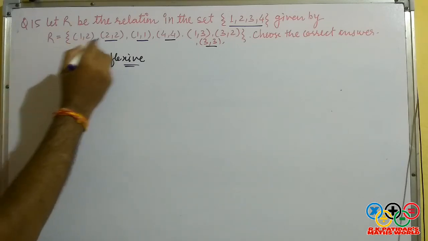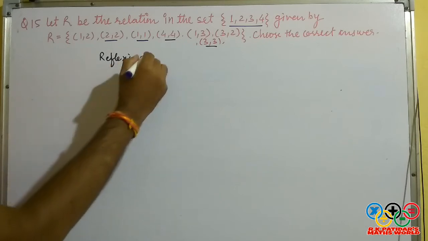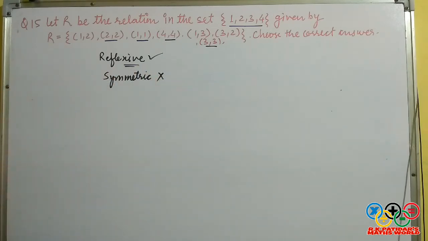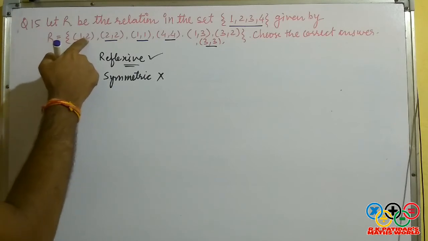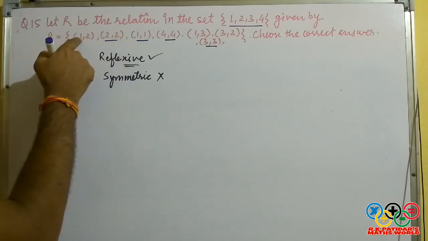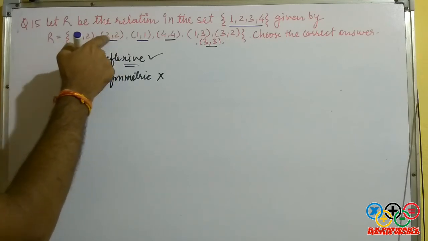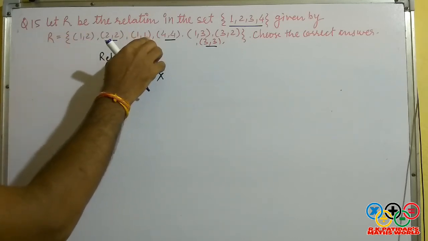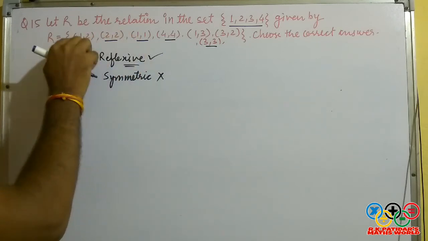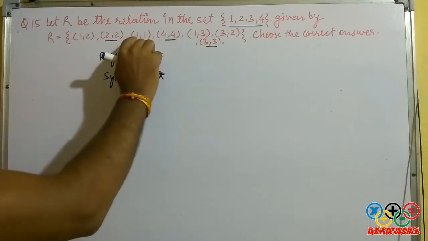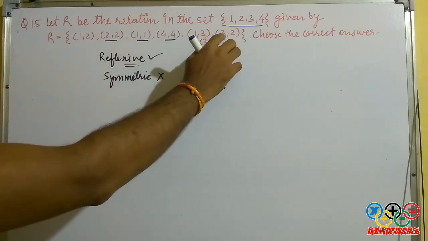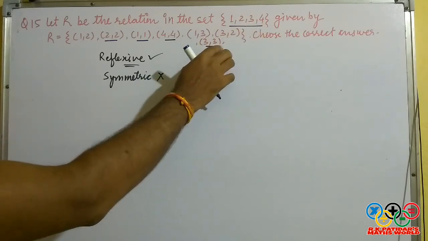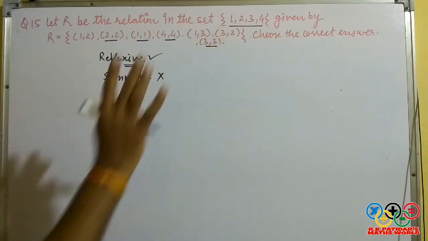सिमेट्री चेक करते हैं. 1 2 है बट 2 1 इज नॉट देयर. 1 2 है, 2 1 नहीं है. तो सिमेट्रिक नहीं है. ट्रांजिटिव, वेदर इट इज ट्रांजिटिव और नॉट. 1 2 और 2 2, सो 1 2 होना चाहिए. तो 1 2 है. 2 2, इसके आगे वाला एलिमेंट नहीं. 2 से स्टार्ट होने वाला है ही नहीं. 1 1 तो 1 2. फिर 1 2 होना चाहिए. ये है 1 1, 1 3. तो 1 3 होना चाहिए. तो 1 3 ये इटसेल्फ है. 3 2 और 2 2, तो 3 2 हो जाएगा. और 3 2 हो गया. 3 3 और 3 2, तो ये 3 2 हो जाएगा. मेजर ट्रांजिटिव है.